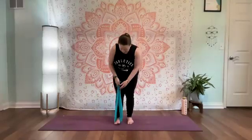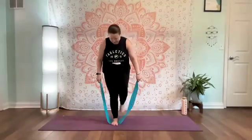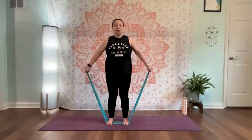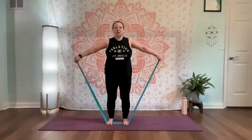Good. Now from here, before we go to the other side, since we've already got one foot in there, stick your other foot in here. Good. So again, we're about hip width apart. You've got equal parts of the bands on both sides. From here, when you're ready, belly button is in. And we're going to pull out 1, maybe a little bend in the knees, 2, 3,